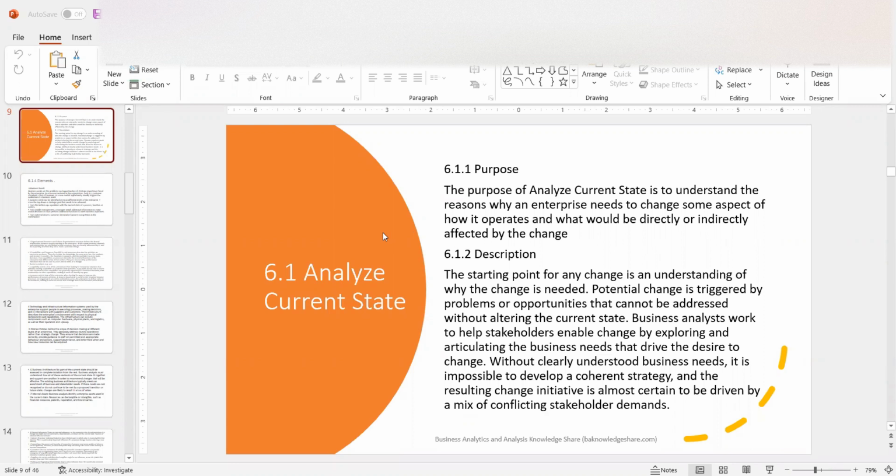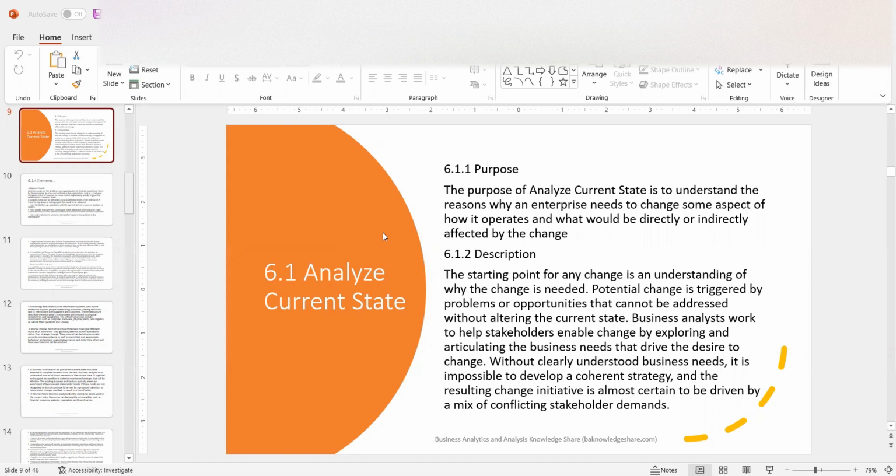The purpose behind that is to understand the reasons why an enterprise needs to change some aspect of how it operates and what would be directly or indirectly affected by the change. The description of the analysis of current state: the starting point for any change is an understanding of why the change is needed. Potential change is triggered by problems or opportunities that cannot be addressed without altering the current